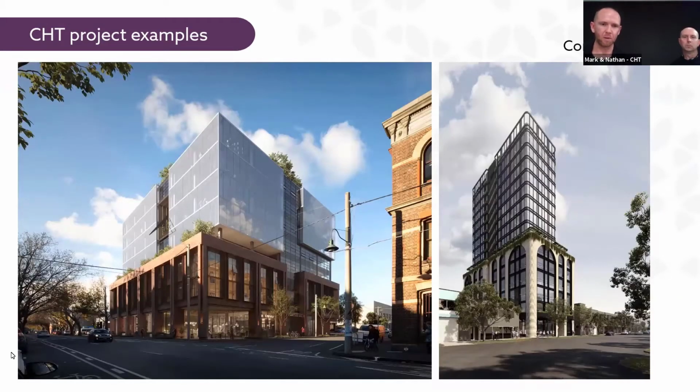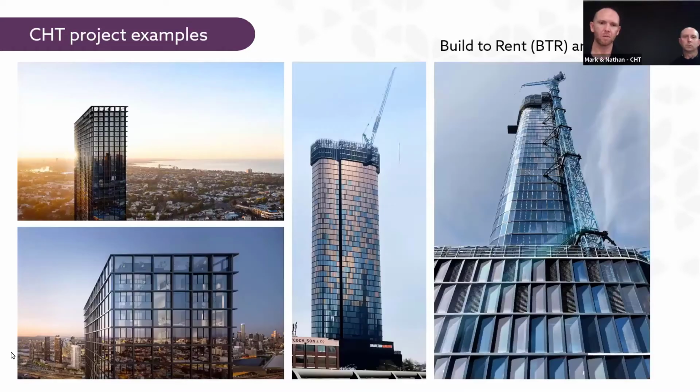And following on from that as well, we are involved in quite a lot of build-to-hold projects, including build-to-rent and hotels, which we have several under construction at the moment. So Nathan has been actively involved in integrating NBS into our workflow, looking at these specific sector types, so developing specific specifications for each of these areas of architecture,